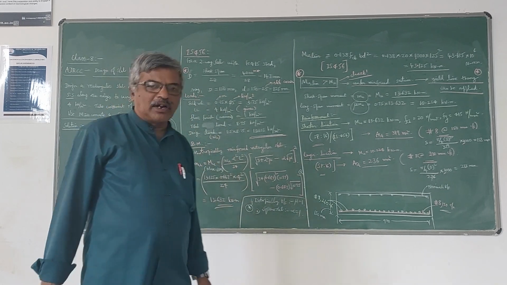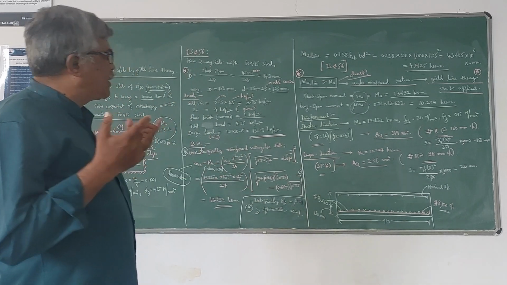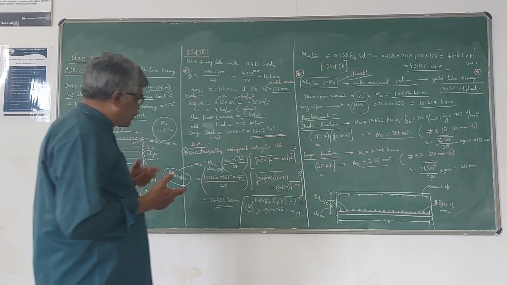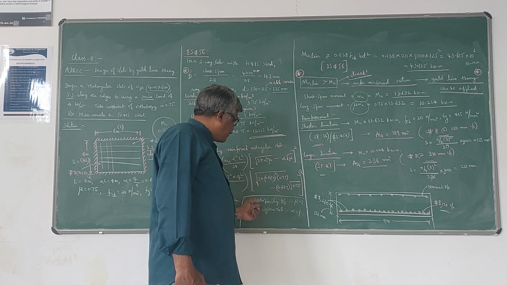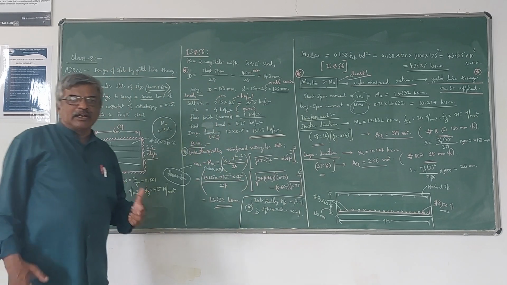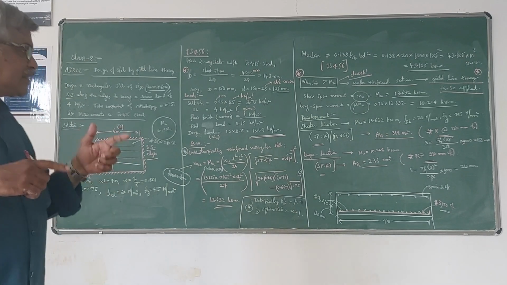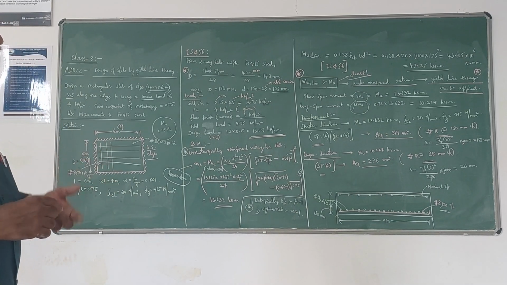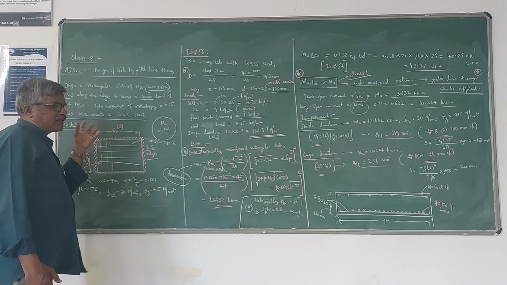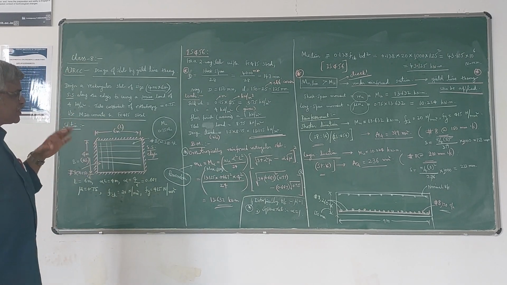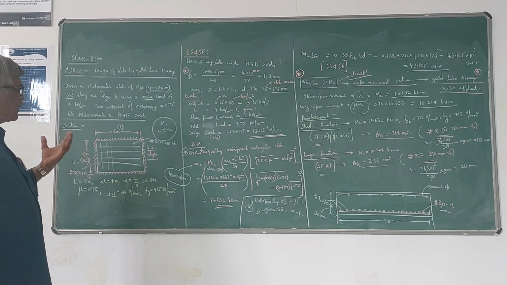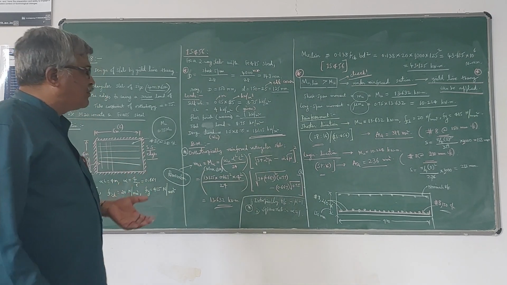So in an isotropically reinforced slab, the reinforcement is the same in both the directions. That is why it is called isotropic. If it is orthotropic, the reinforcement percentage will be different in perpendicular directions. In both the directions, it will not be the same, there will be slight variation. So this is a simple example of a rectangular two-way slab, which is simply supported at all four edges, given the loading conditions and the coefficient of orthotropy.